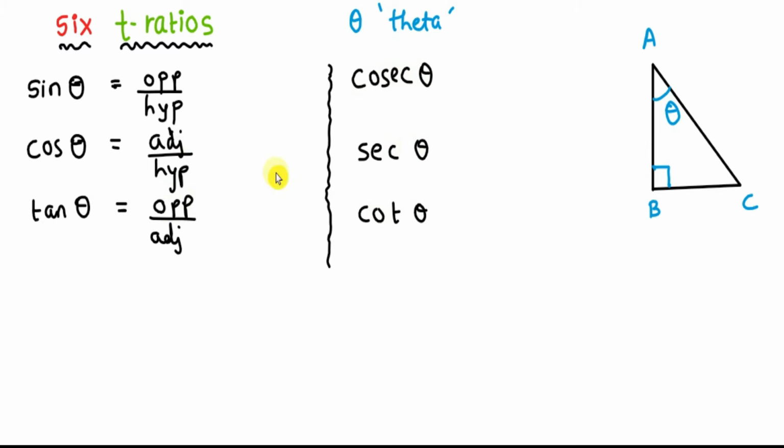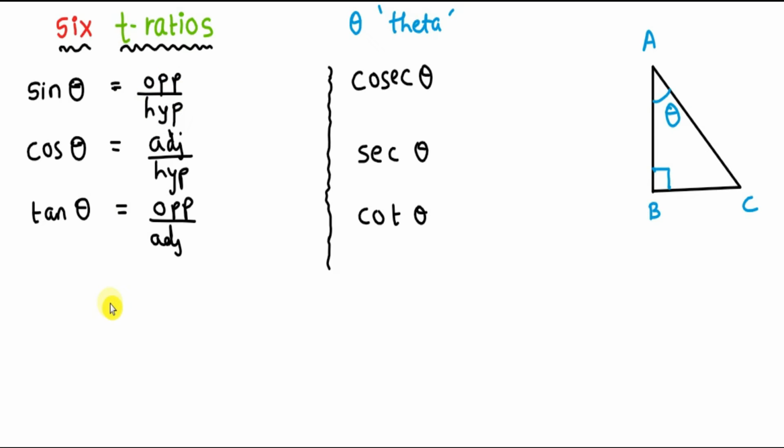Now, as you can see, why are these called ratios? Because the value of sine theta is in the form of a ratio, opposite side in the numerator upon hypotenuse side in the denominator. So we get a ratio, opposite upon hypotenuse. That is why these are called trigonometric ratios. I hope that is clear. Now for remembering the first 3 ratios, sine theta, cos theta, and tan theta, we just need to remember